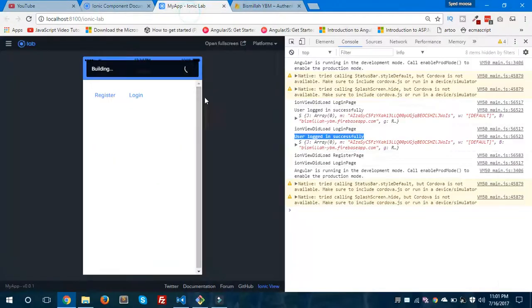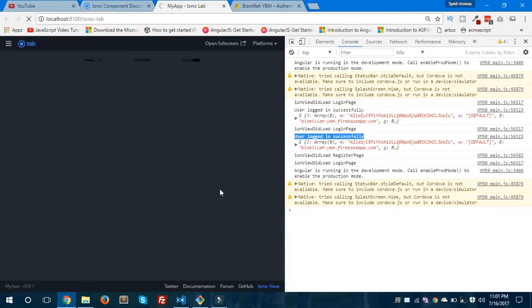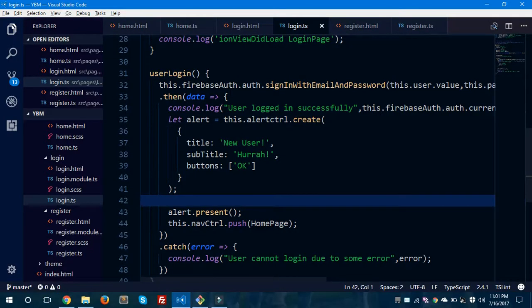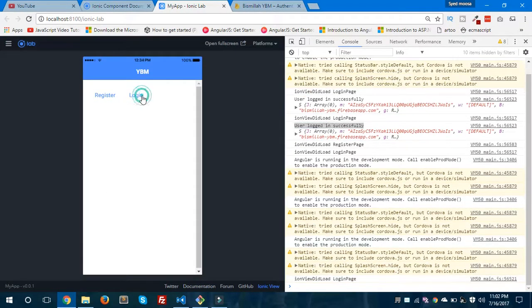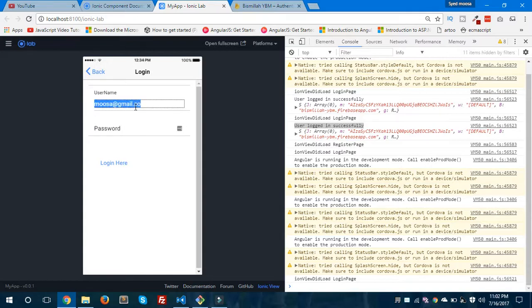Now we'll see our application. It is building now, live reloading. We have saved all changes, and I hope it is clear so far, and you are understanding the registration and login part using Ionic 3 with Firebase Authentication. When we hit the login button and give our username and password, .com and the password, login,